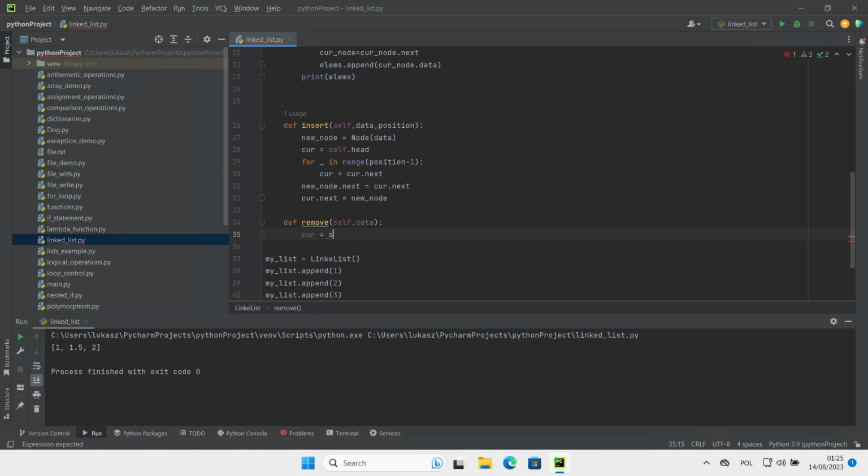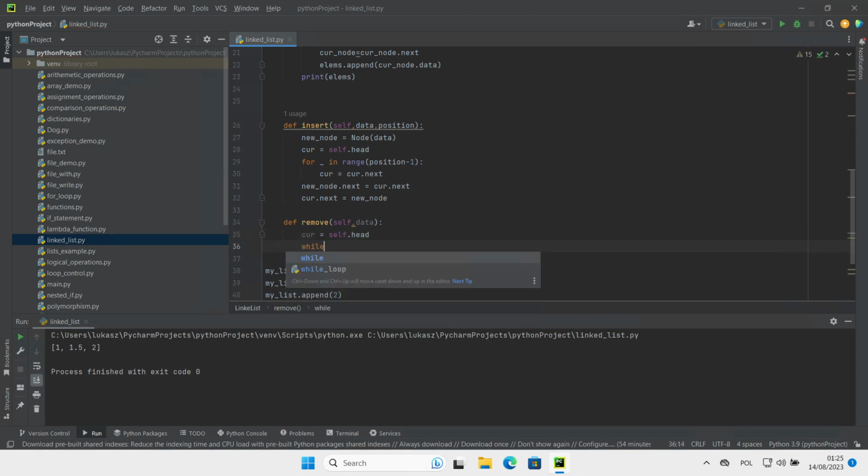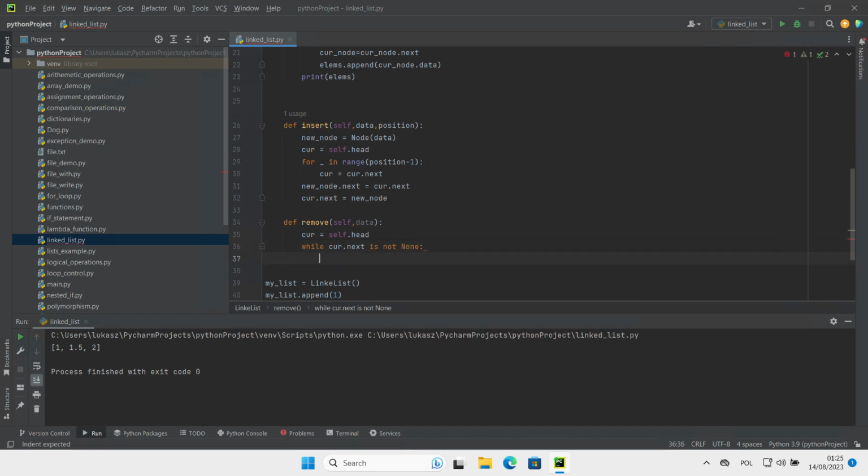equal self.head. While core.next is not None: if core.next.data equals data,